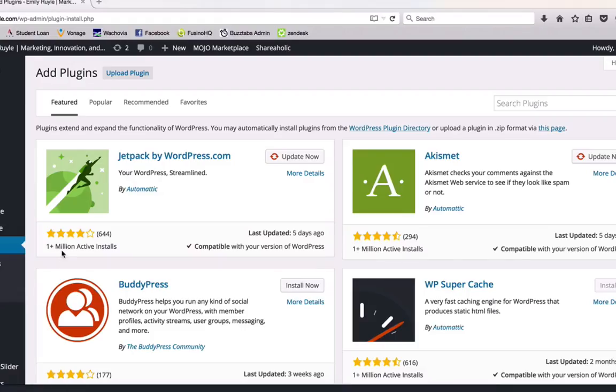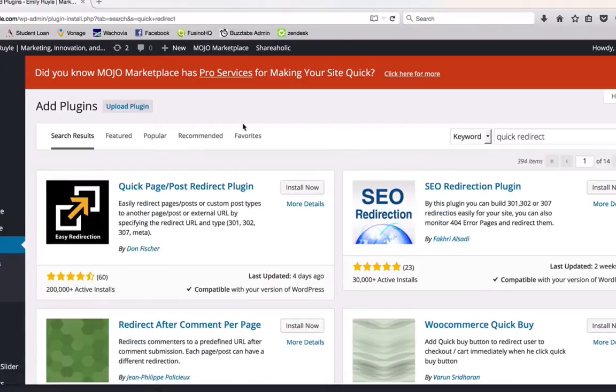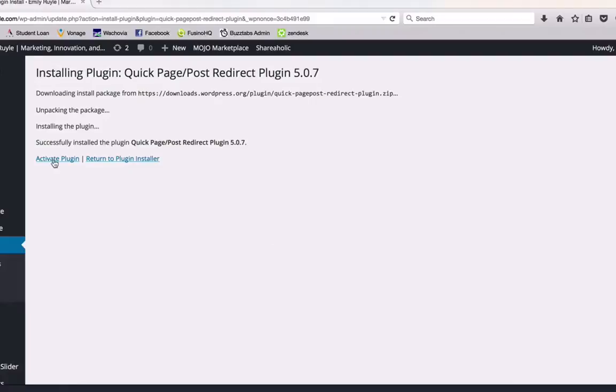So next I want to show you how to have pages redirect to another page. So we talked a little bit about this in the past. So how do you take a long affiliate link and shorten it using your own URL? And one that I've used many times in the past is called the quick redirect. Okay, so here it is. I'm going to click Install Now, activate the plugin,